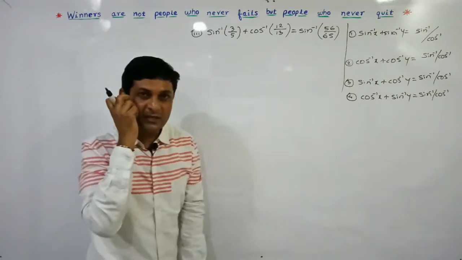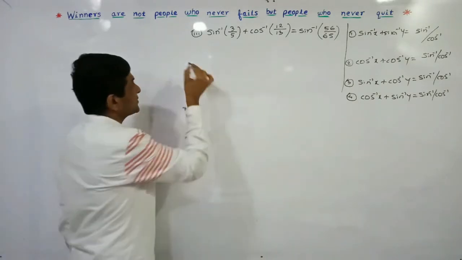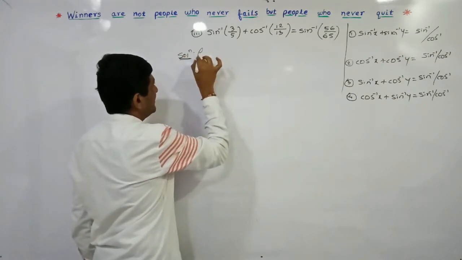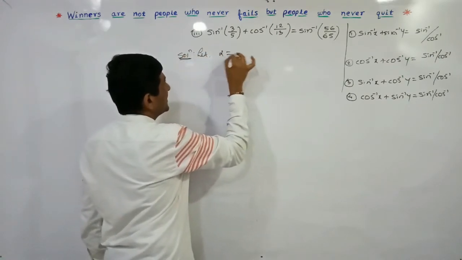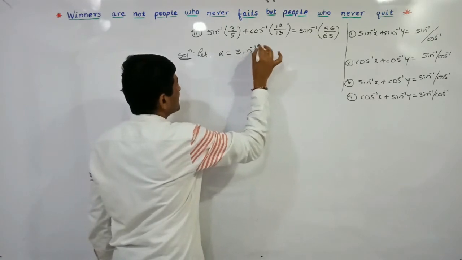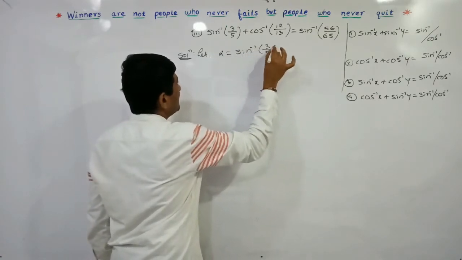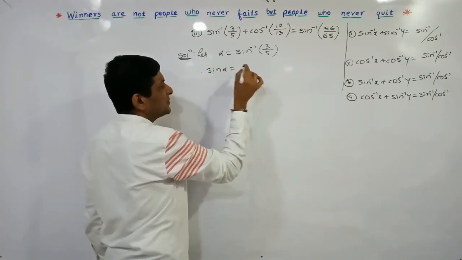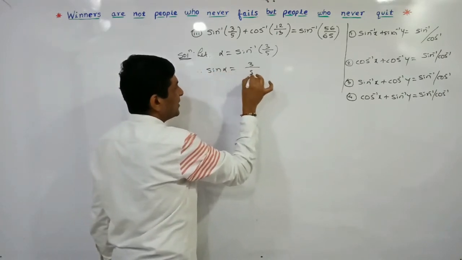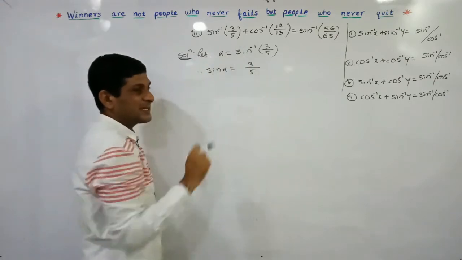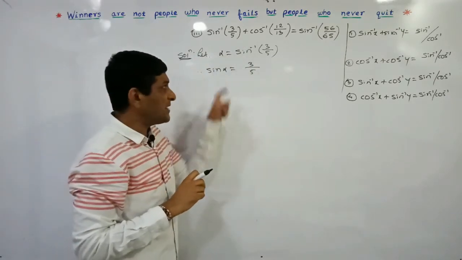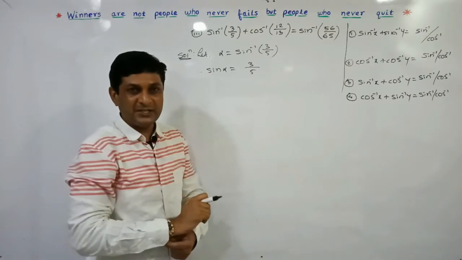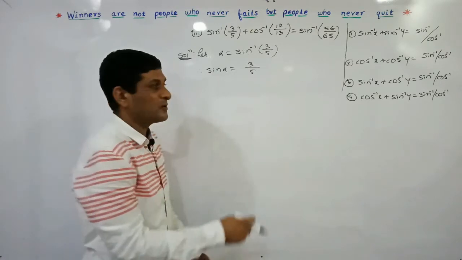Now try to understand how to solve this example. In this case, let us denote the first term by alpha. Let alpha be equal to sine inverse of 3/5. If we take sine on both sides, here we will get sine alpha is equal to 3/5. On this side, sine and sine inverse will get cancelled. Once the value of sine alpha is known to us, using trigonometric identities, we are able to find the value of cos alpha.